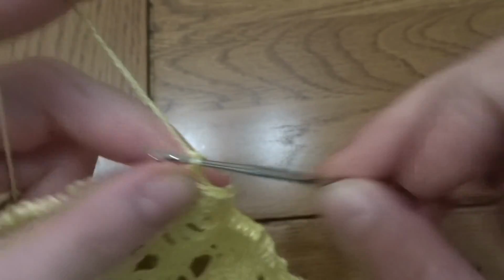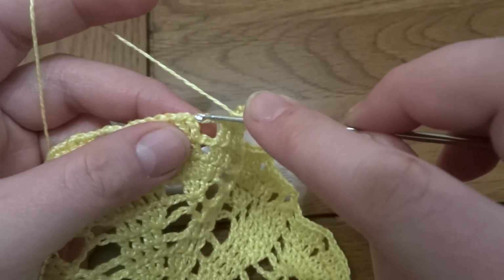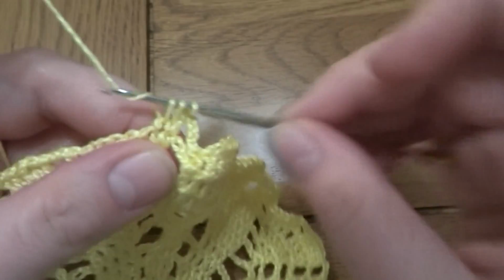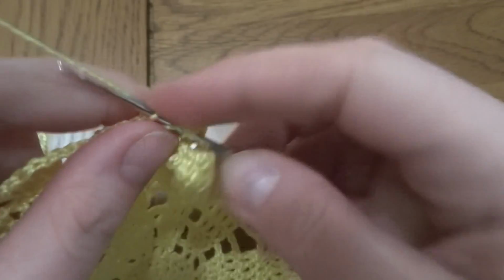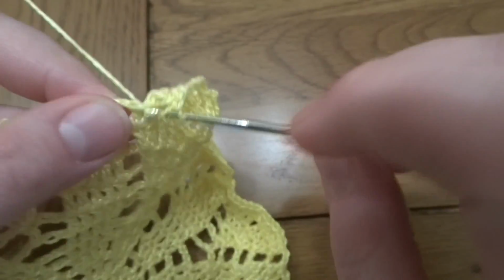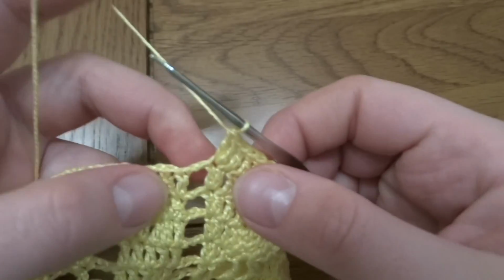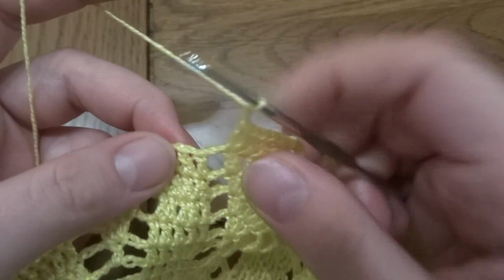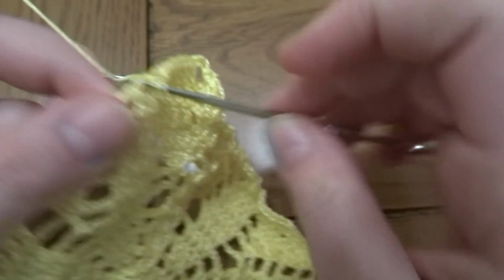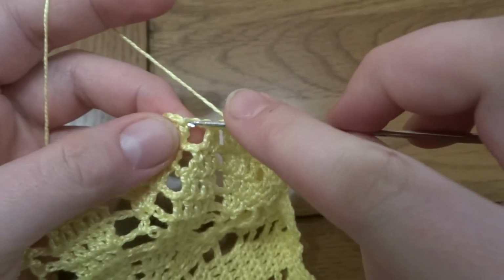chain of 4, 1, 2, 3, 4, and now into the next 4 stitches we have to make 1 double crochet in 1 stitch, 1, 2, 3 and 4, into the last one 2 double crochets into the same stitch, 1 and 2, chain of 2, 1 and 2. In those 2 stitches we have to make a decrease, 1 and 2, so we've done a decrease, chain of 2, 1 and 2, and again into the first stitch we